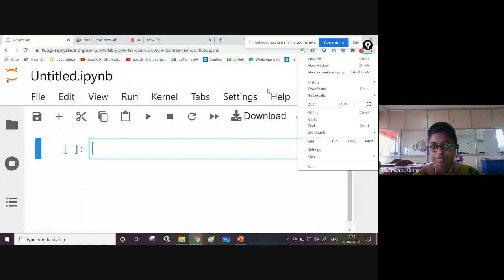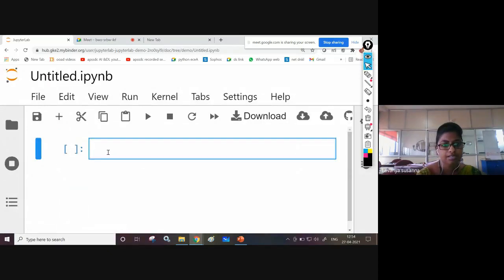See here, you can type the program. s equals input function, enter the string.